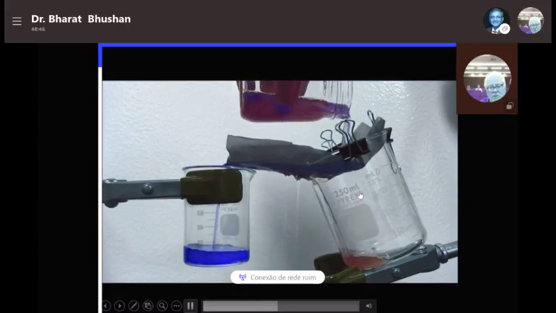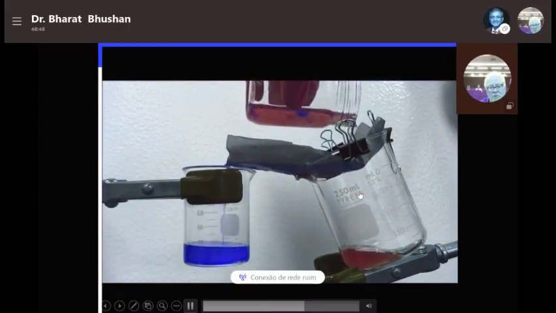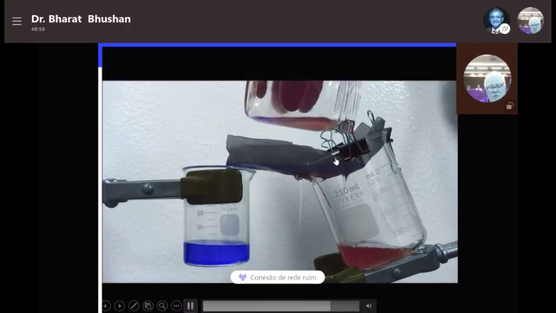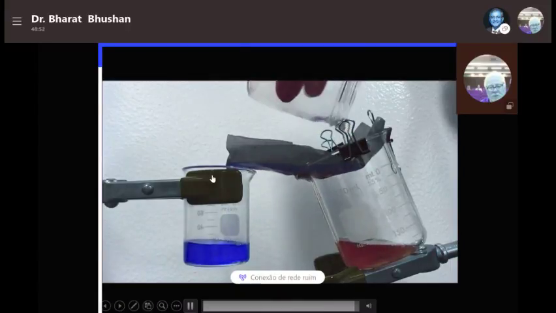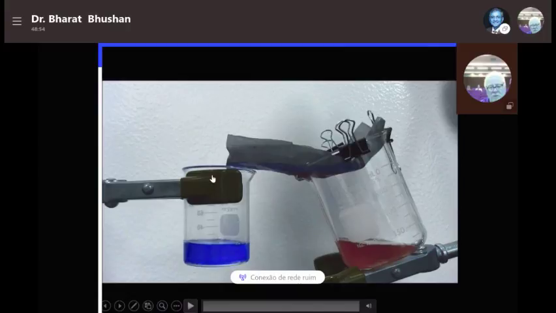So you can see clearly the water goes through and oil gets collected on the mesh, which then can be collected and